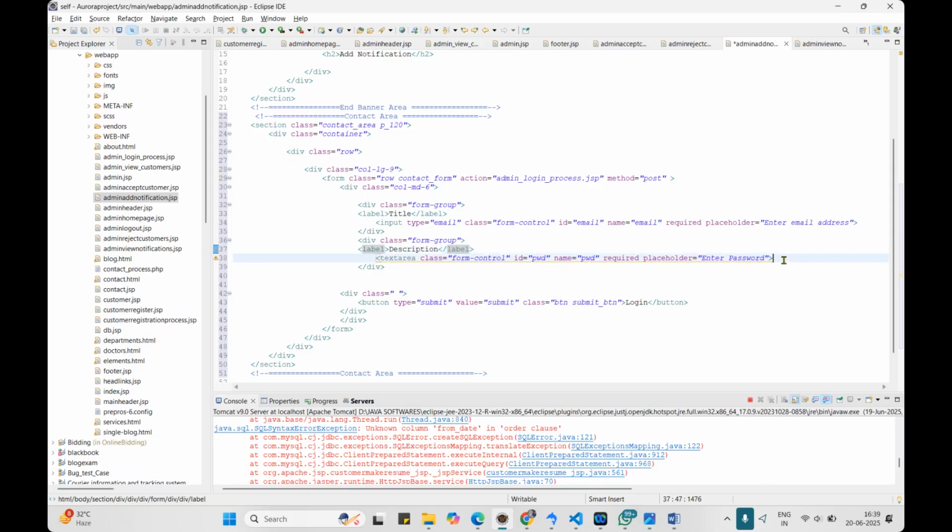Description, enter description, enter title, and let me change the ID and the name of this. Title, and ID as description, name as description. Let's save this, and when the title and description have been entered,